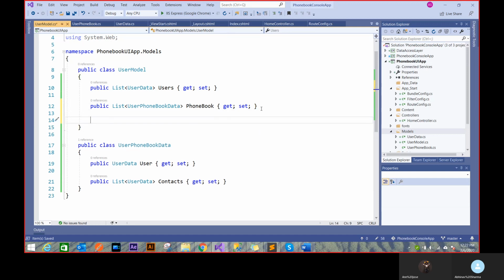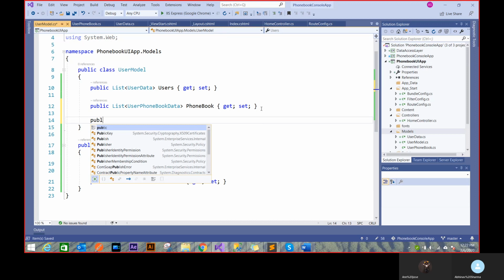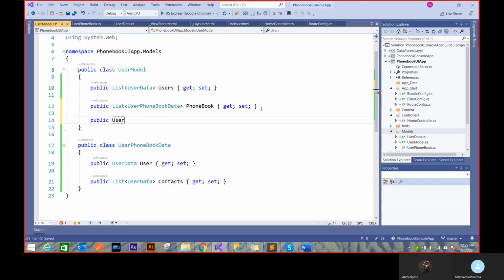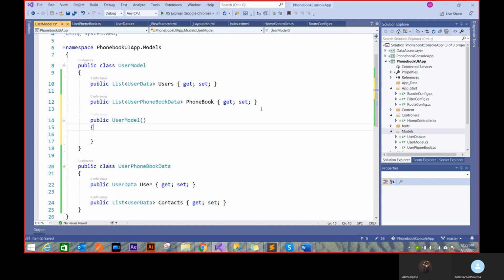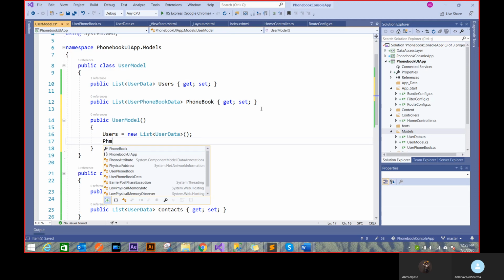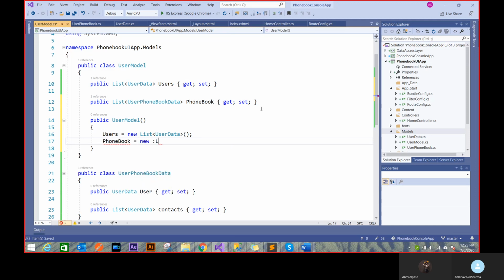And because I want to initialize this class with a blank list, I'll take help of a constructor. I'll say user model, whenever somebody is calling it, because I don't want any kind of parameter now. I want to initialize this constructor directly, but I'm taking control. So I'll say users equals new list. So I initialize with a blank list. Otherwise, if I start adding without initializing it, it will send me an error that your list is not initialized, so how can you add new data?